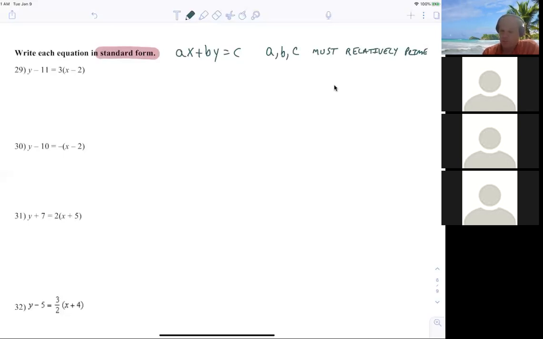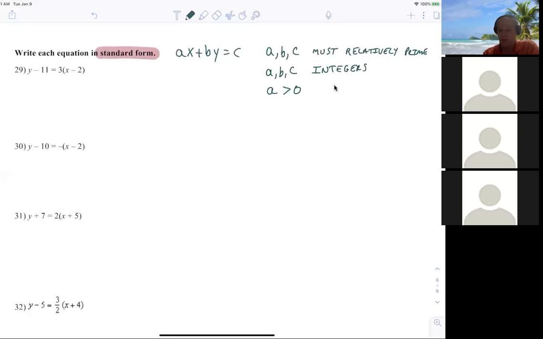Then we say that A, B, and C have to be integers. All right, A, B, and C have to be integers. And the last thing is that A has to be greater than 0. All right, in other words, A has to be positive. A, B, and C have to be integers, with A being positive, and A, B, and C have to be